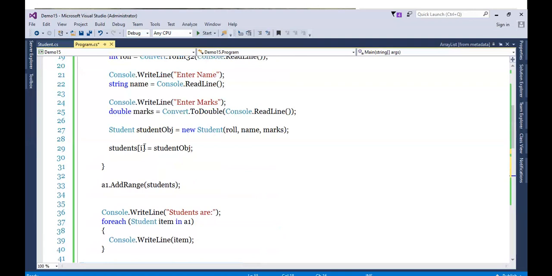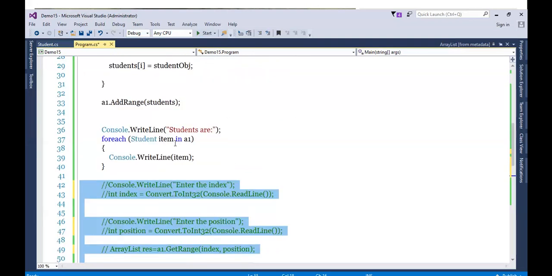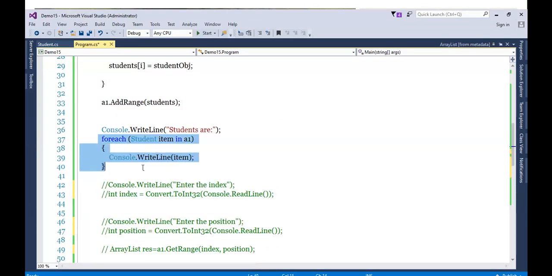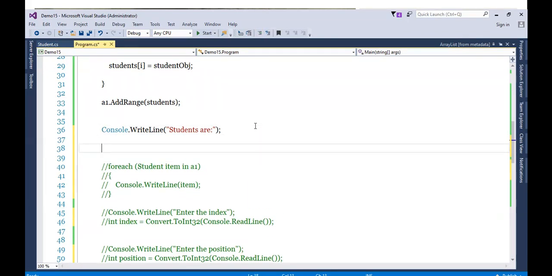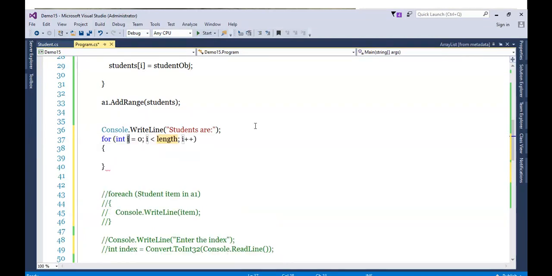So already, let's say I'm preparing an array list and I want to display this array list. And how am I going to display? Using a for loop. So how to display? Let's watch. For int i equals 0, i less than. Now see why a for loop is possible, because indexing is there. Using an index, you will be able to access the element present in array list.